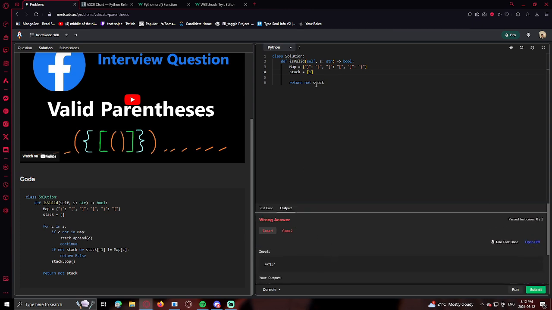Okay, so now I understand what that means. If something's in it at the end, it's gonna return false. If nothing's in it, it's gonna return true. So what it is, if not stack. So if not stack is false, so if it's empty, you know, if it's not empty,